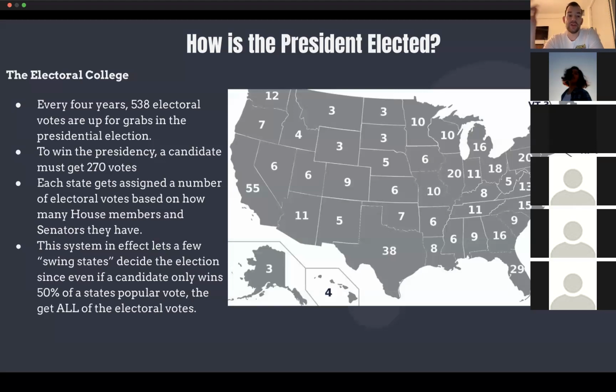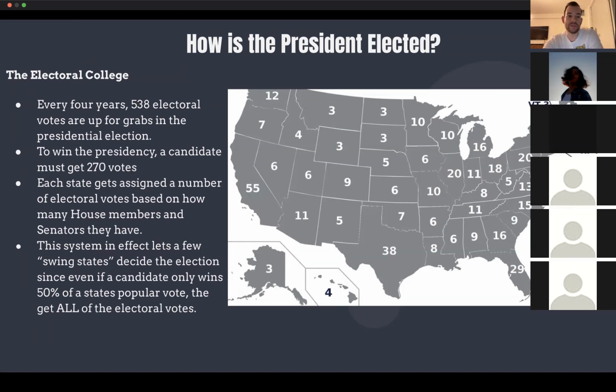So for example, New York, where I live, it's virtually guaranteed that the Democratic candidate is going to win. So nobody bothers campaigning there. And so even if 40% of people in New York vote Republican, those votes don't matter. Those votes essentially get thrown out, and only the Democratic votes count, and the Democratic candidate gets all 29 votes. The same thing would happen in a state that's typically red. In Louisiana, for example, all 8 electoral votes are going to go to the Republican candidate. So neither candidate bothers campaigning there.